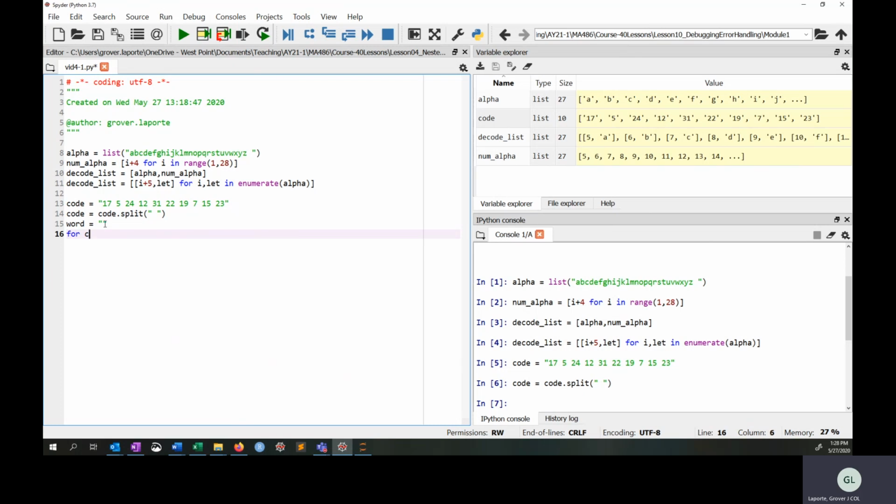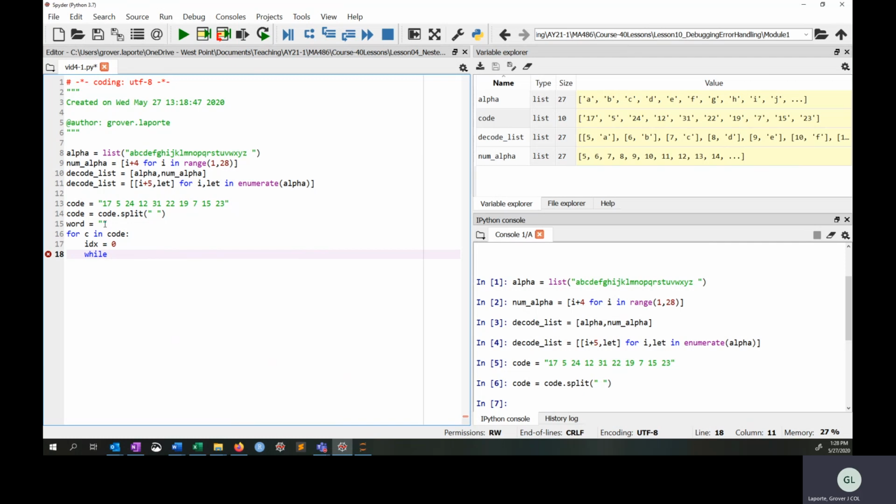And then for C in code, what do we want to do? Well, I'm going to let IDX equal 0, because we need to step through, just by the implementation that we need to do with this data structure. I'm going to have to start at the first one and then just keep going until I hit a 17. So that's how we're going to implement this. There may be a better way, but the way that we're going to do it right now is,